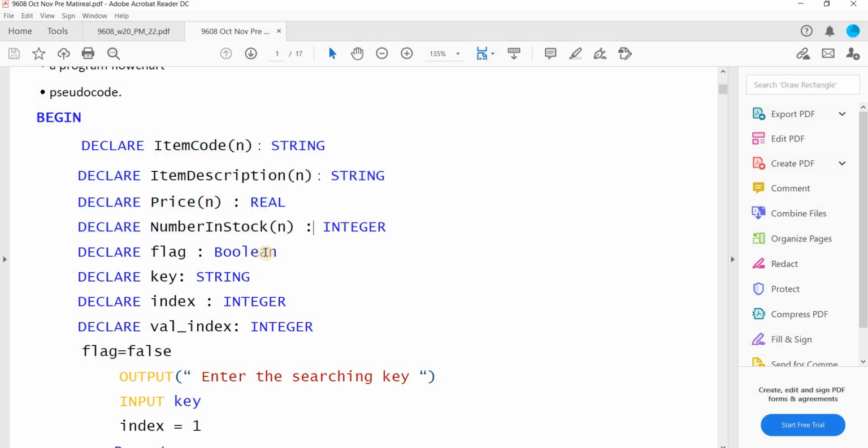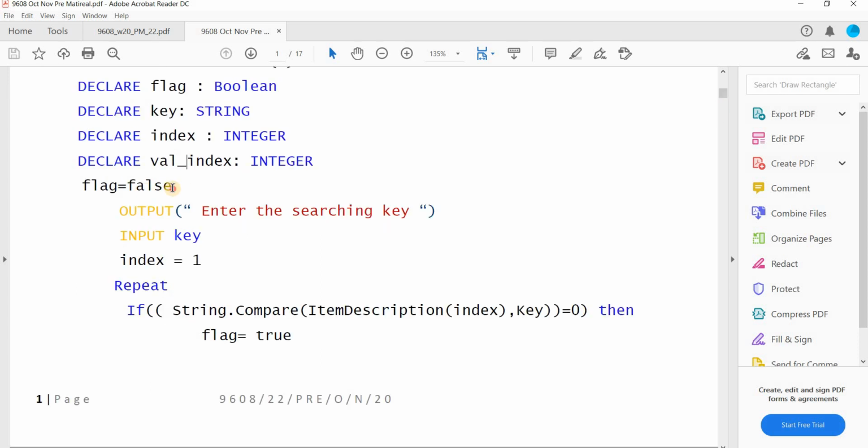Flag is boolean, that will show whether the key has been found or not. Key will store the information that we want to search. Index controls the index, and value index will tell us at which index the value has been found. Flag equal to false.